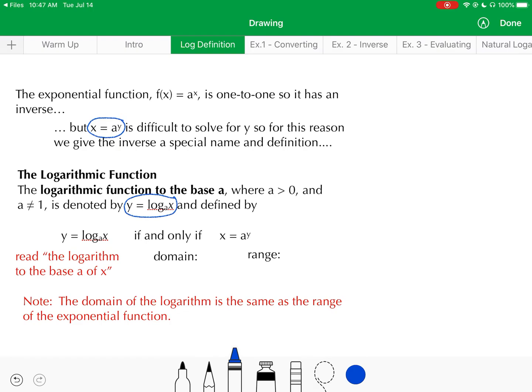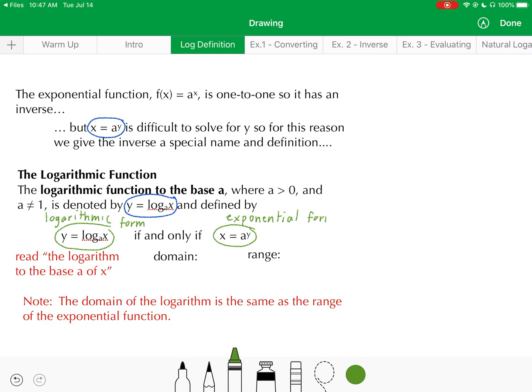And that would be true if and only if x equals a to the power of y, okay? So understand that these two equations are equivalent to one another. The one on the left, we would consider as logarithmic form,